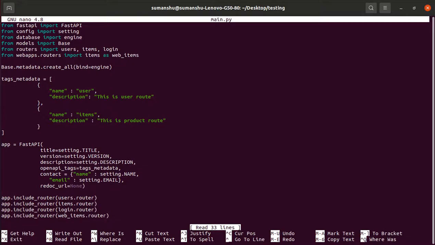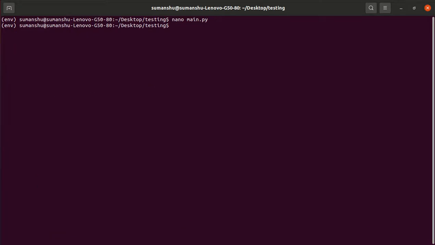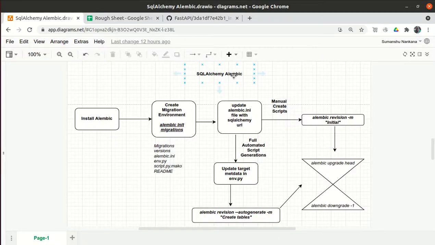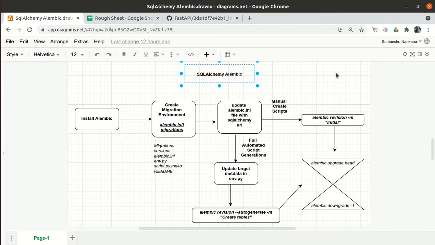So the other approach is Alembic. Alembic is a SQLAlchemy package which works with Python. It has various functions. It will create the table as well, right? But the main function of this Alembic module is migrations. So when I say migration, migration means